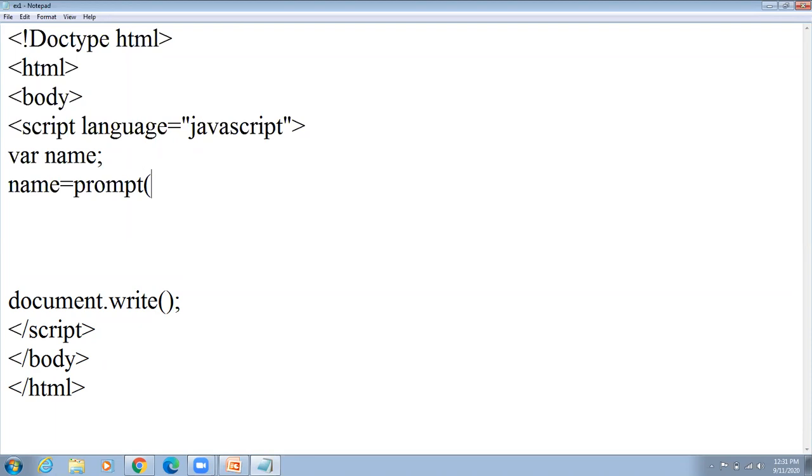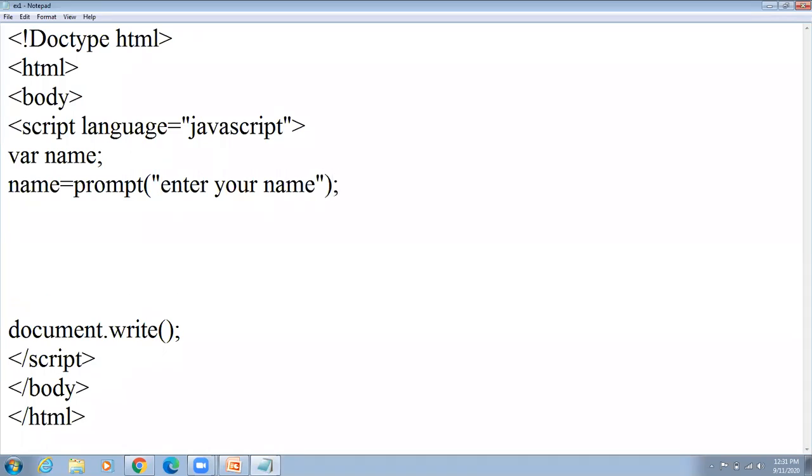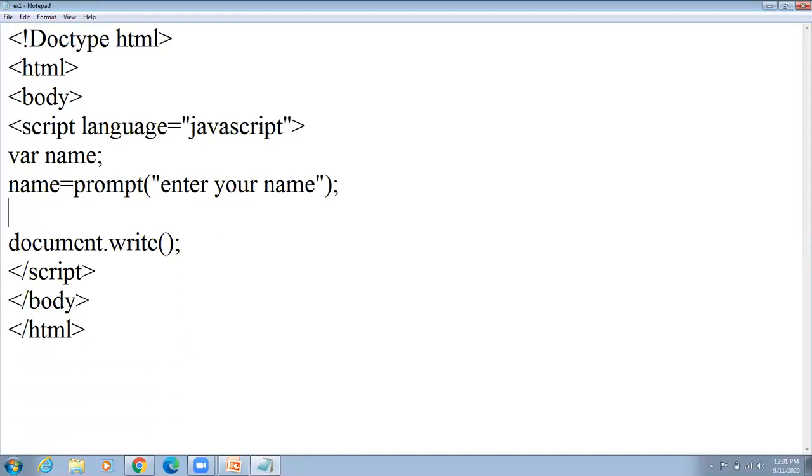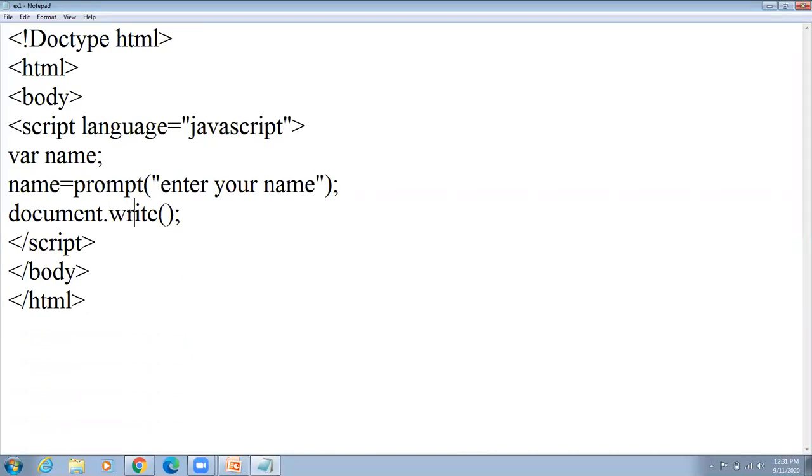Prompt, double quotes, enter your name, put semicolon. Got it? Now name is equal to prompt, enter your name, document.write welcome. My program is to write welcome along with the username, welcome plus the name. In this way you can write.